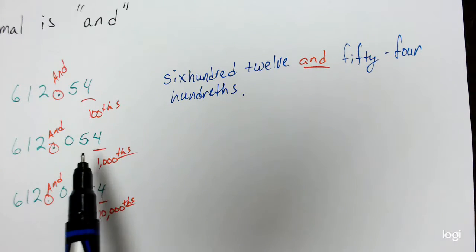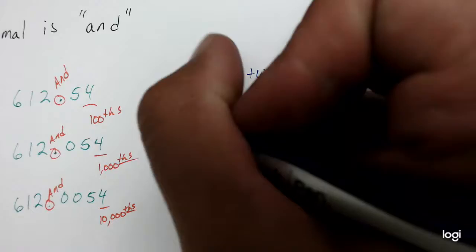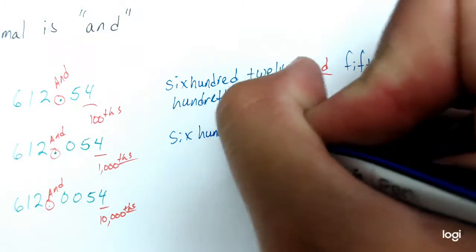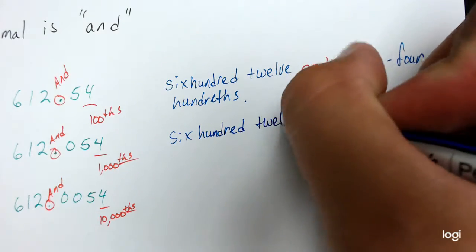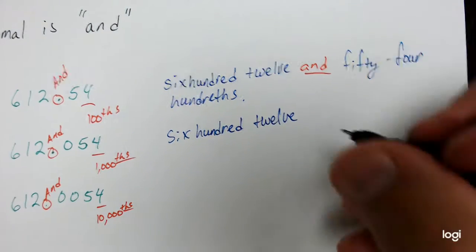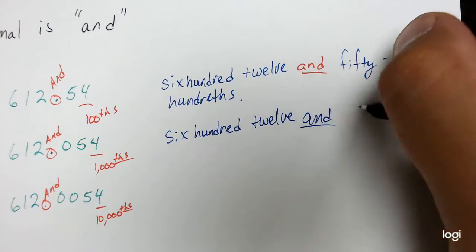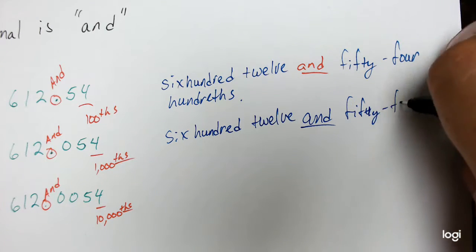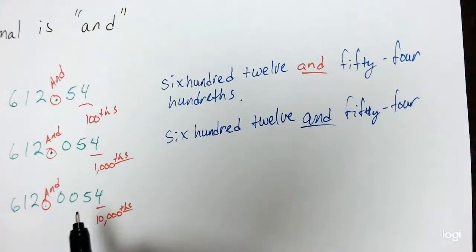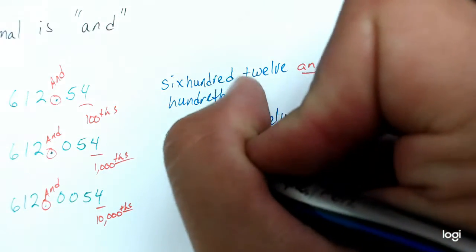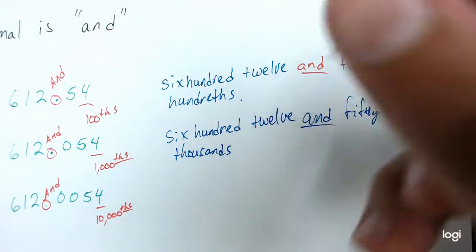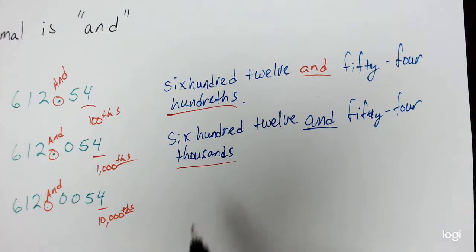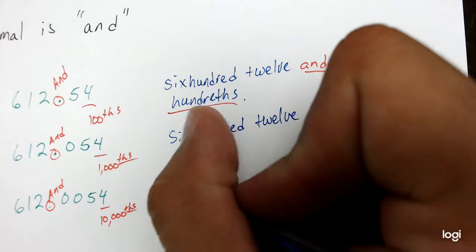The way that this number would change is it would be exactly the same. I would still have 612 and 54, but it would be thousandths. See, so the only change here when we add the zeros is the place value number, and then the last one would still be the same,